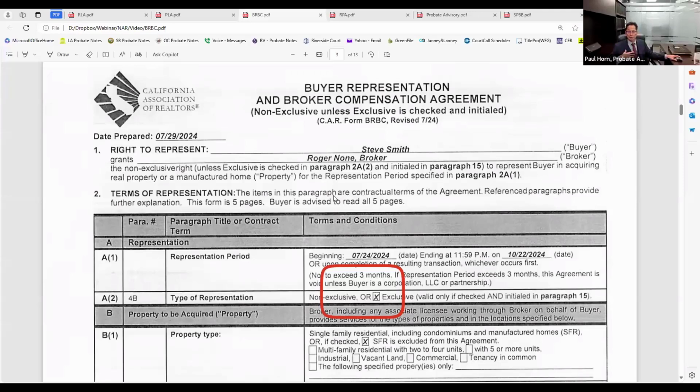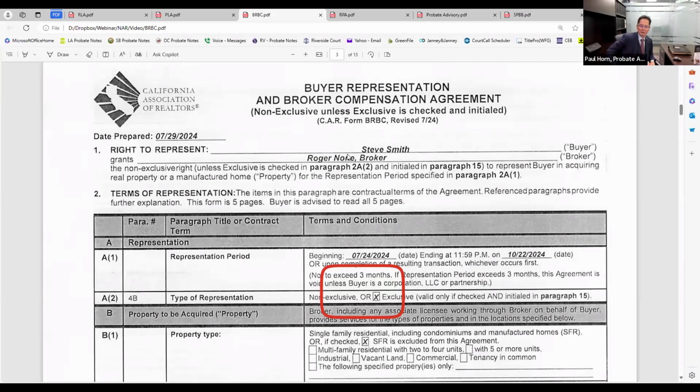So probably one of the huge must-knows from all this is, before you show a house to a buyer, please have them sign this form you see in front of you. The buyer representation and broker compensation agreement.